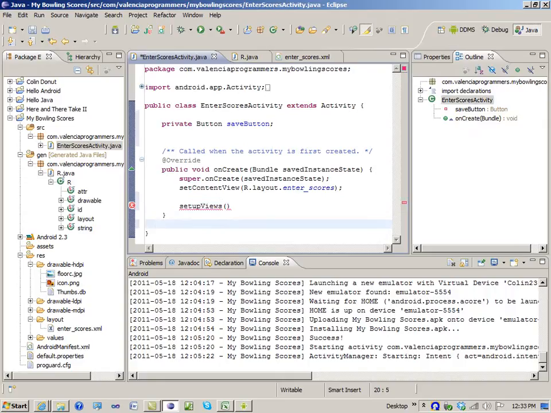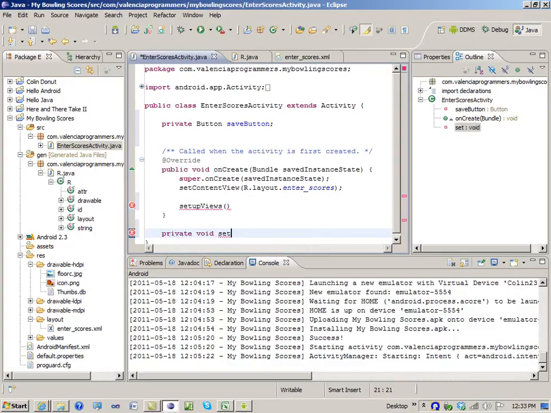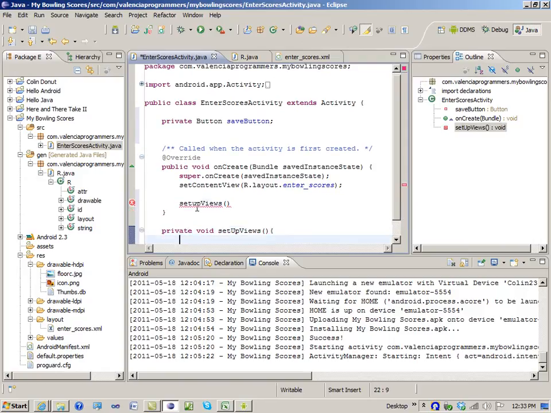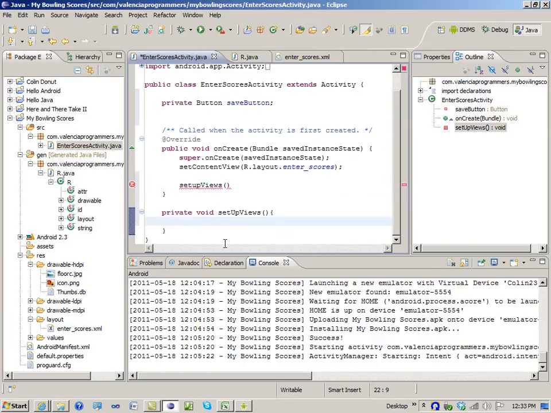So that's a helper method, and we're going to just put this into a separate little method to keep it out of the way. So a private void setupViews, one word, and inside of setupViews